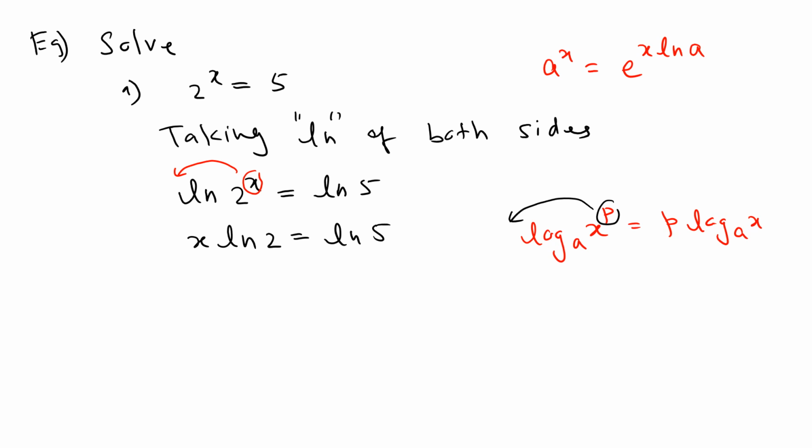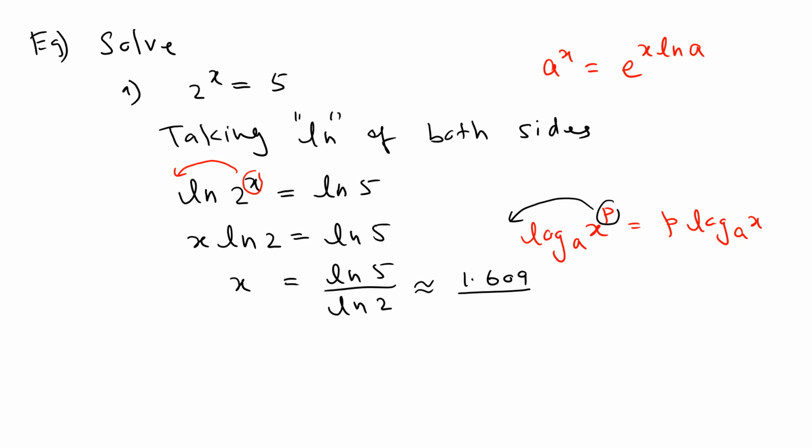So that means you can finally write your solution as x equals ln 5 divided by ln 2. So that is the answer. That's the exact answer, but if you need an approximation, you can use a calculator and find those two values. For example, if you find ln 5, you're going to get